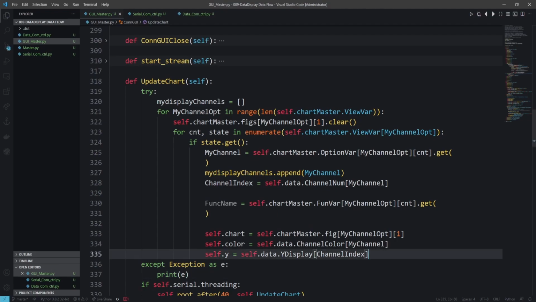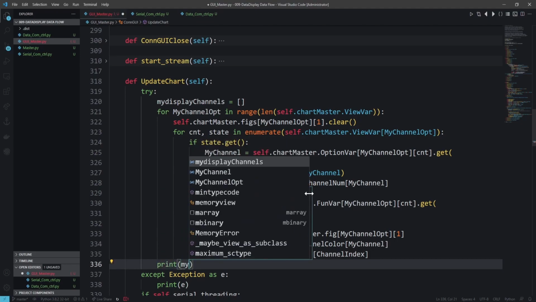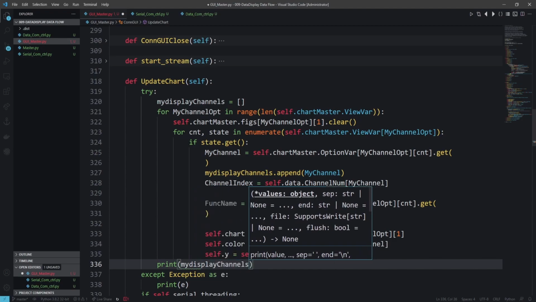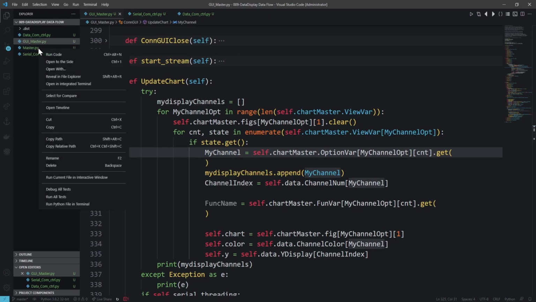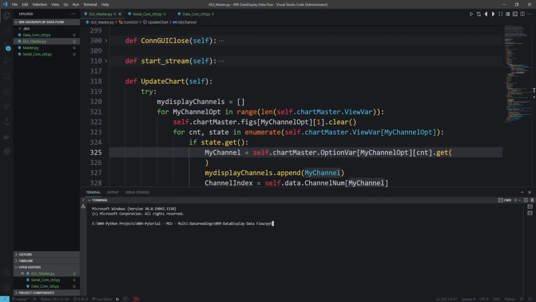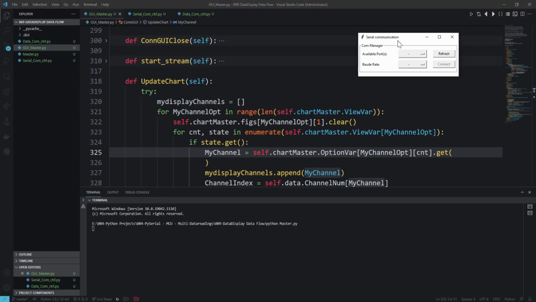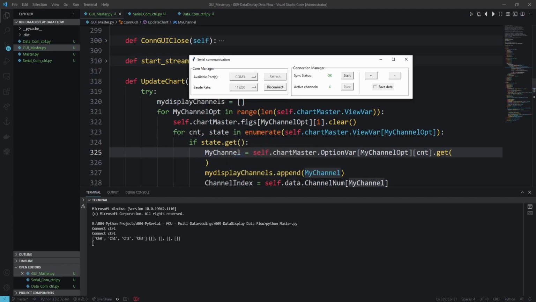Okay, and before that, therefore here we can say print, and we can put my display channels. Okay, perfect. So function name will be used later on, but here we are good. We can start running the program and see how things will go. So let's go to the terminal, go here, Python, and then master, and bring the user interface,